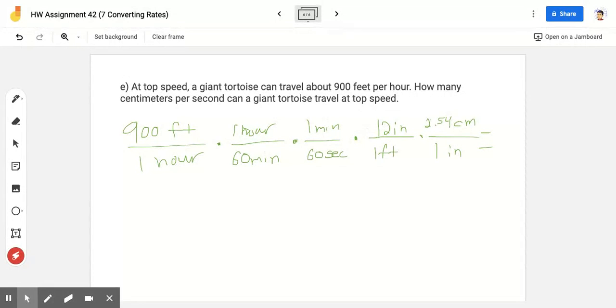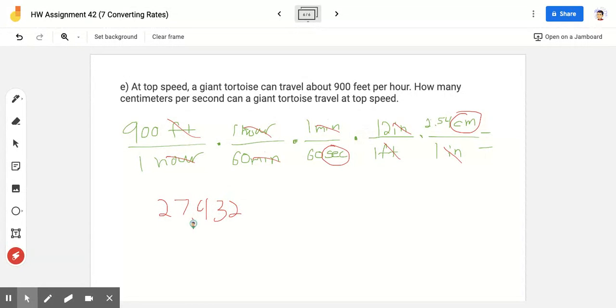So let's see what units we got rid of here. We want to end up with centimeters over seconds. So feet and feet, hours and hours, minutes and minutes, inches and inches. And notice what we're left with: centimeters and seconds. So let's multiply everything straight across. 900 times 1 times 1 times 12 times 2.54 is